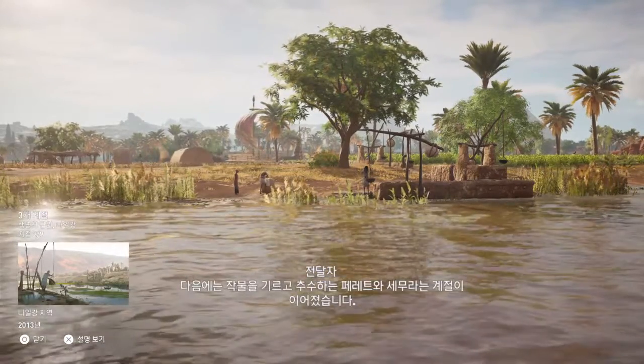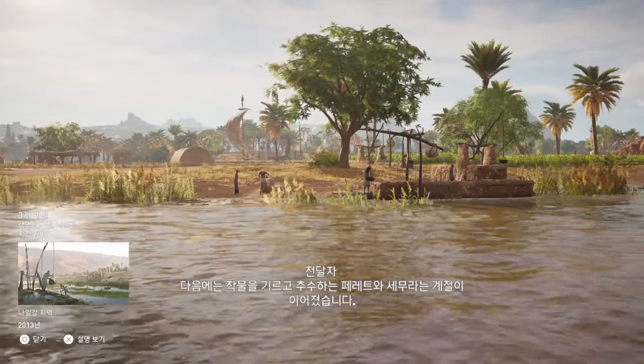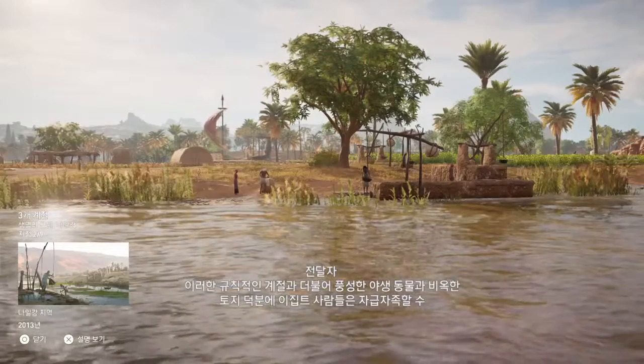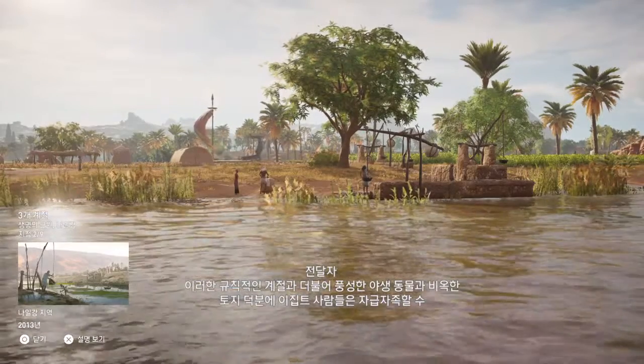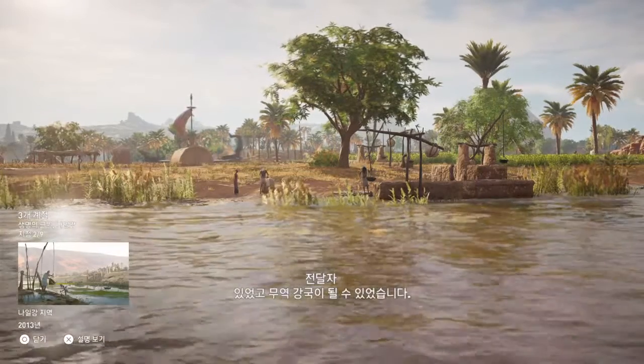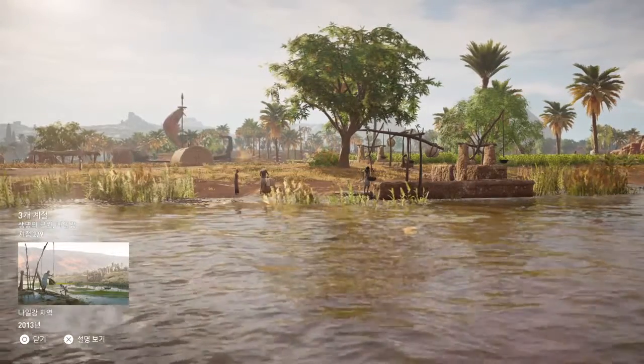It was followed by the growing and harvesting seasons, known as Peret and Shemu. These regular seasons, along with abundant wildlife and rich soil, meant that Egypt's denizens were able to nourish themselves and ensure their country's strength in trade.